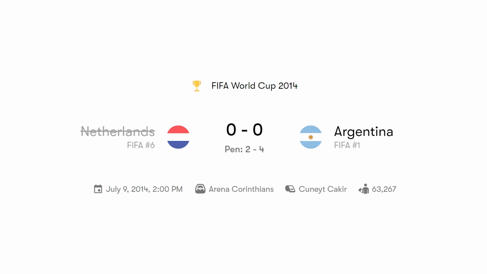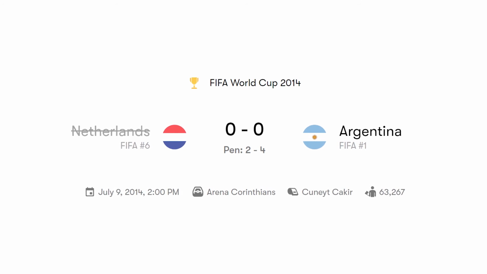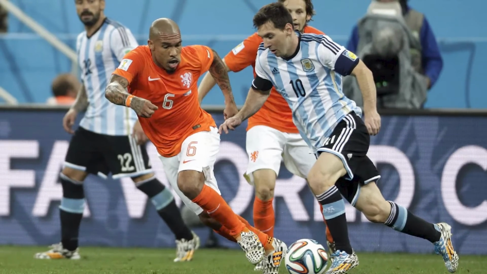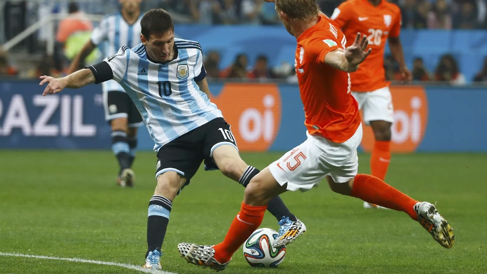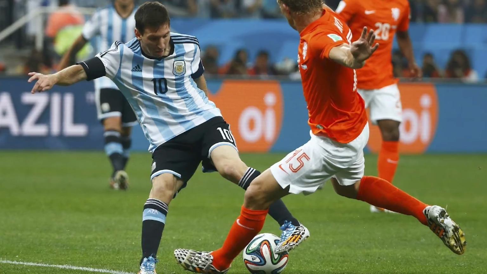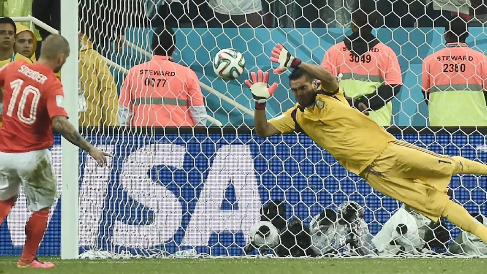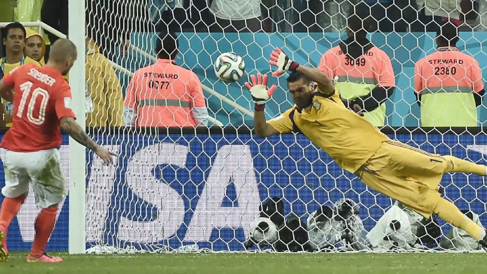Netherlands 0, Argentina 0, Argentina wins 4-2 on penalties. The first World Cup semi-final to end in a goalless draw was about as even as a match can be. Both sides had their chances in regular time, but neither team was able to get the job done. The game would go down to penalties with Vlaar and Sneijder missing their spot kicks after 2 great saves from